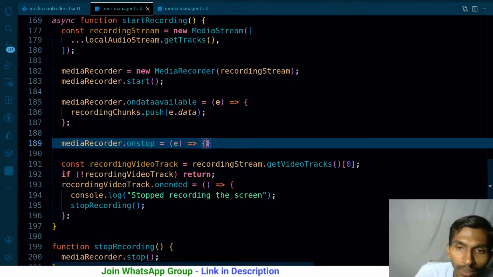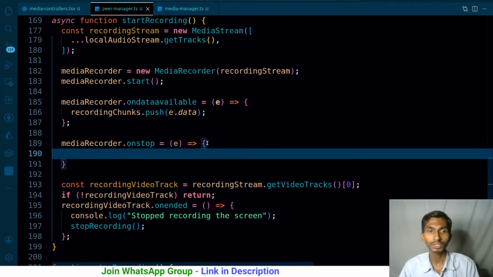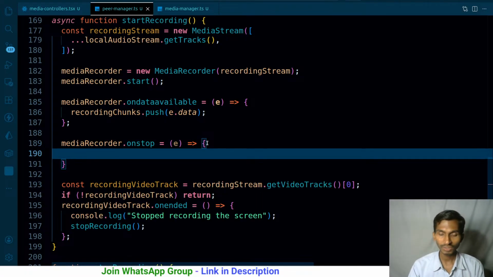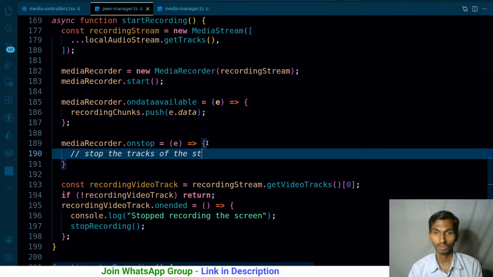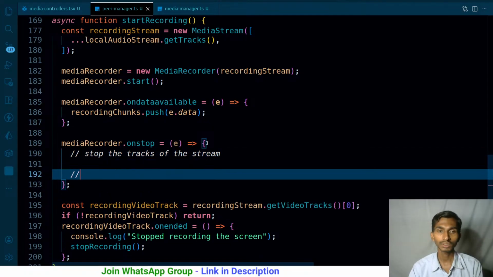Okay, what do I have to do? First of all, once it is stopped, I already have my chunks. So the first thing is to stop the tracks of the stream. Once that is done, ask for the name of the clip.